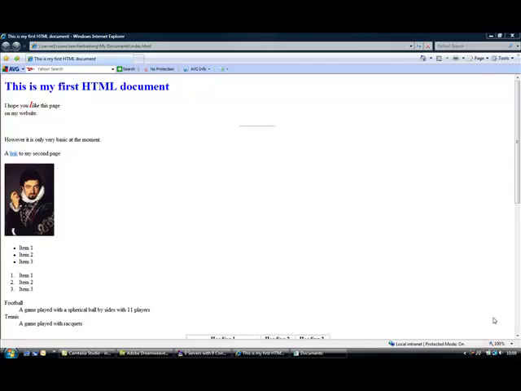Finally, I'm going to show you how to upload your web pages to the World Wide Web. At the moment, your HTML documents are just sat on your computer, and the only people that can see them are you or your friends and family that are sat at your computer. So that you can share them with other users around the world, you need to upload them to some web